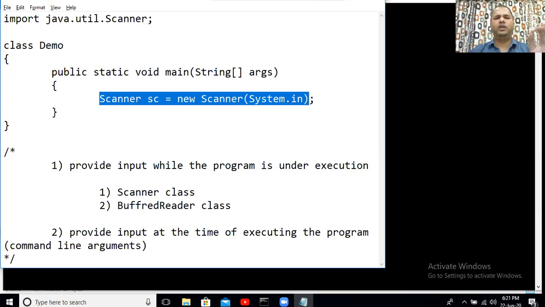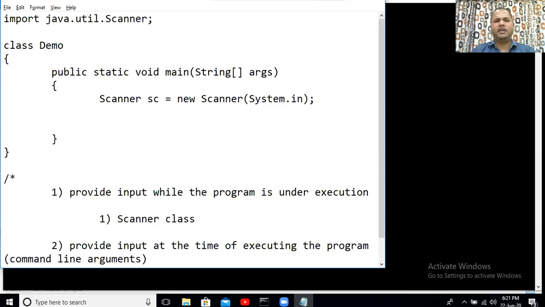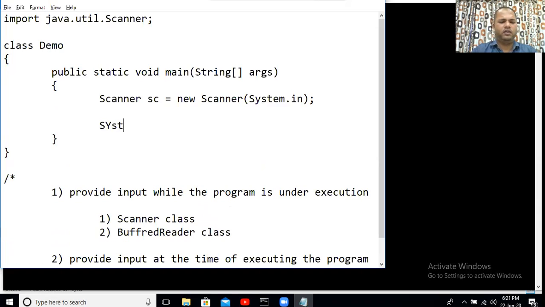So in this particular statement, what I have done here is I have created an object of the scanner class, and I have asked that object to get input from the keyboard, and System.in is going to represent my keyboard here. So my scanner class object is ready. Now